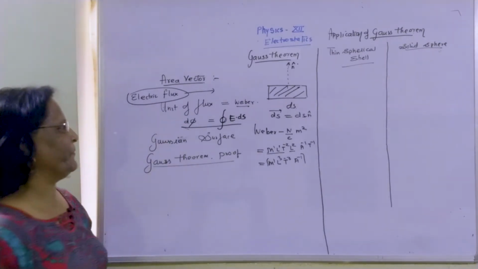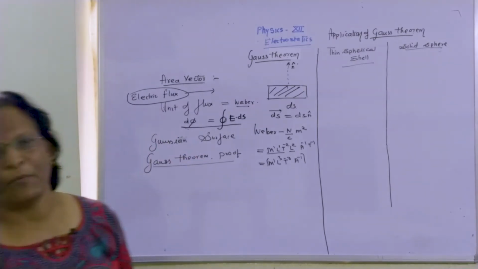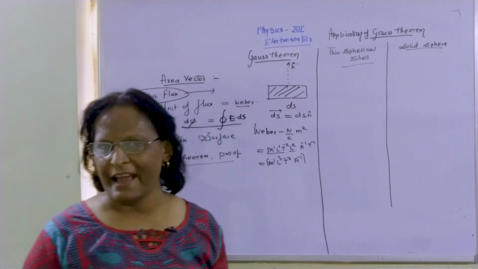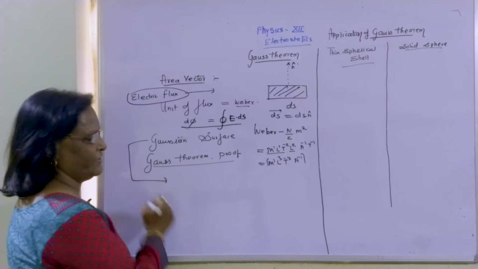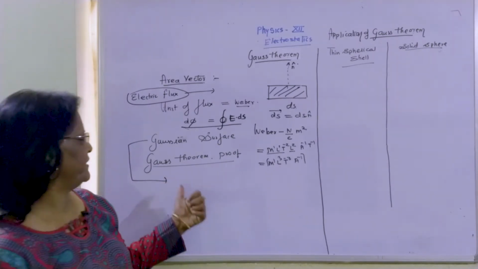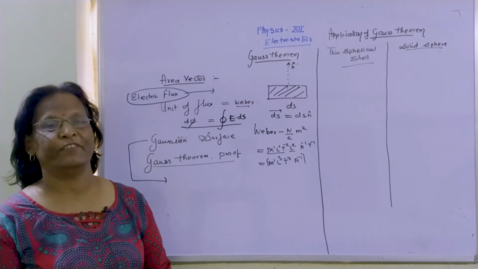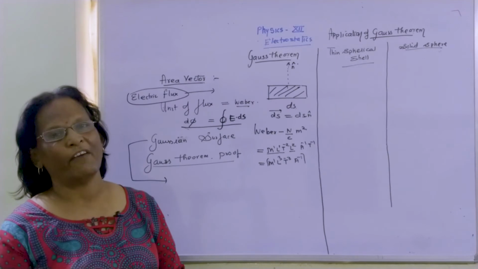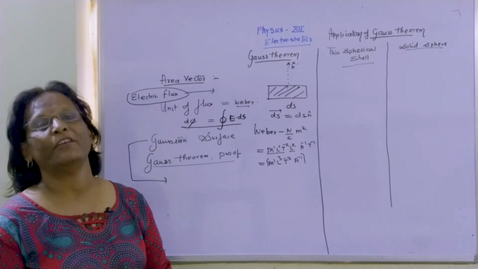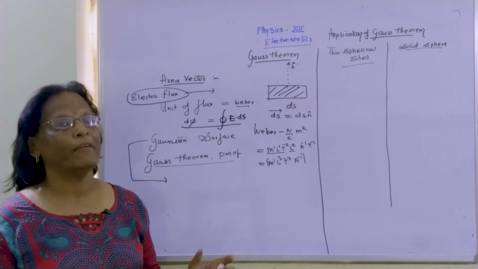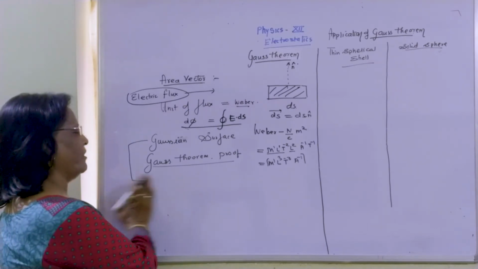Now one more terminology we have to keep in mind is Gaussian surface area. What does this Gaussian surface area represent? This Gaussian surface area represents the space around any body which we have taken, where we can have uniformity of electric field. Means either the electric field is increasing or decreasing, but it should have a uniform rate. Then we are coming to Gauss theorem.